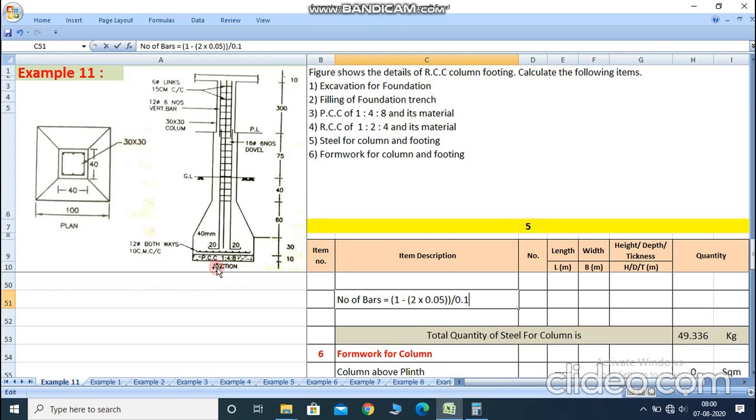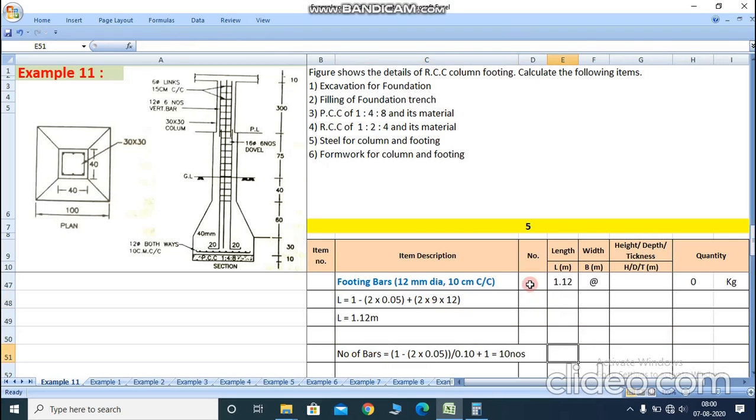So write here 0.10 plus 1. So total quantity of the numbers of the bar we calculated is 10 numbers of the bar required. So for a footing bar, 10 numbers of the bar